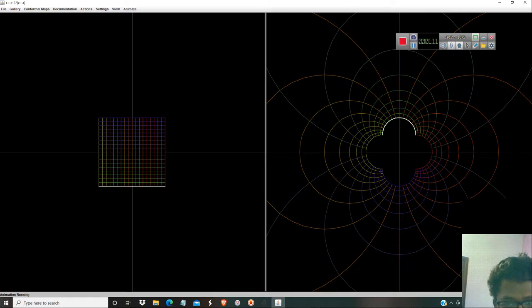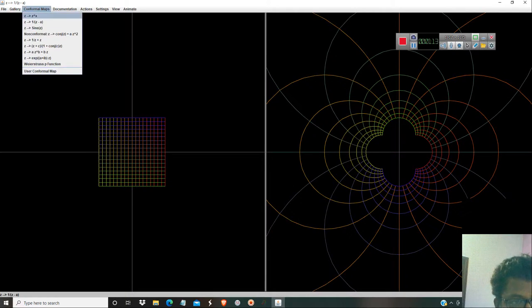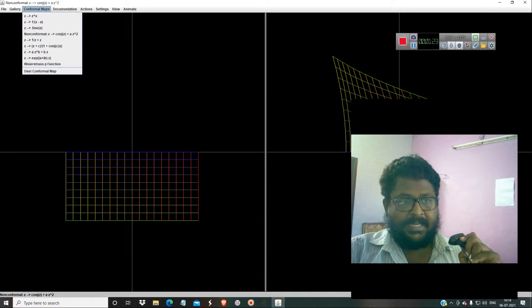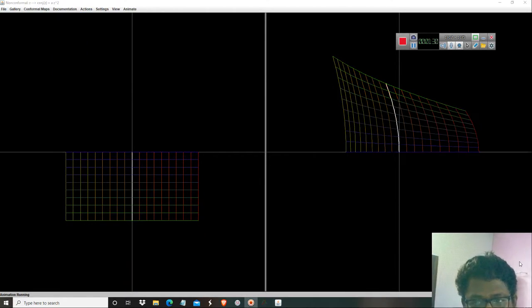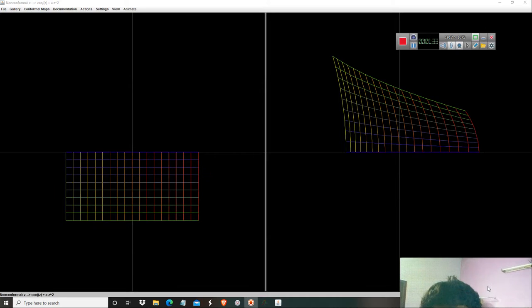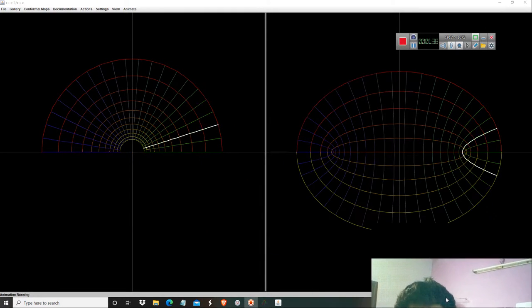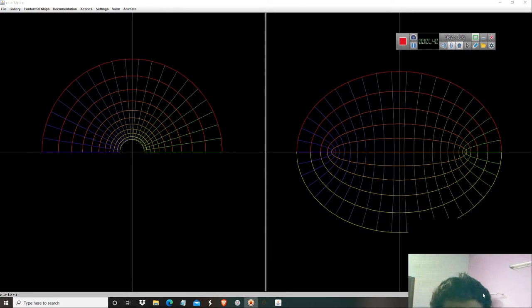When you check through many of these functions, for every point you have another point, and it should be analytic, and it should be seen whether it is non-conformal. It is a non-conformal map. A non-conformal map is one that doesn't preserve area and angles. That is called non-conformal mapping. Now this is z plus 1 by z, and you have how it is being mapped.